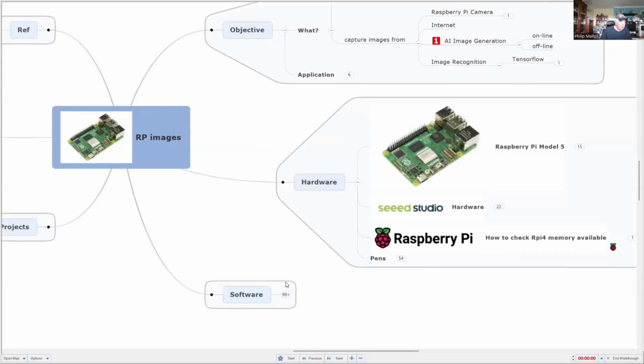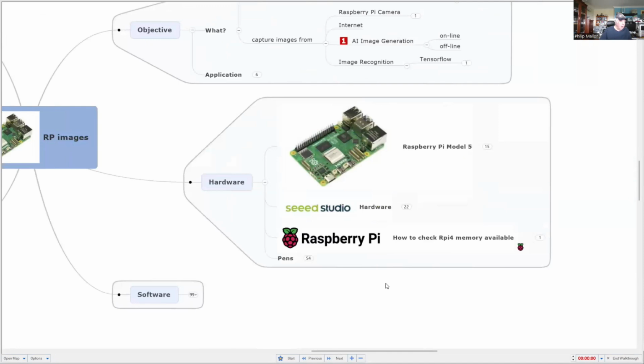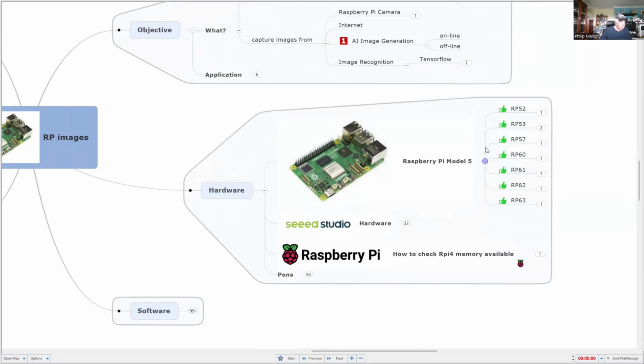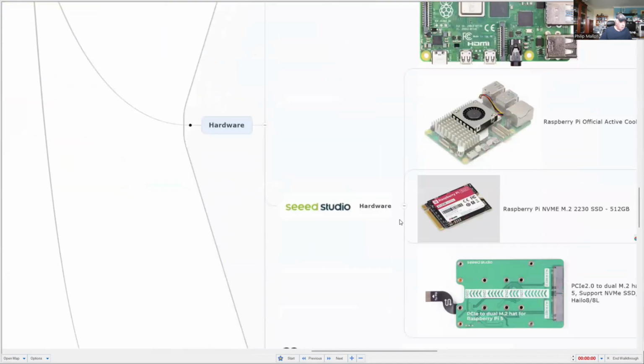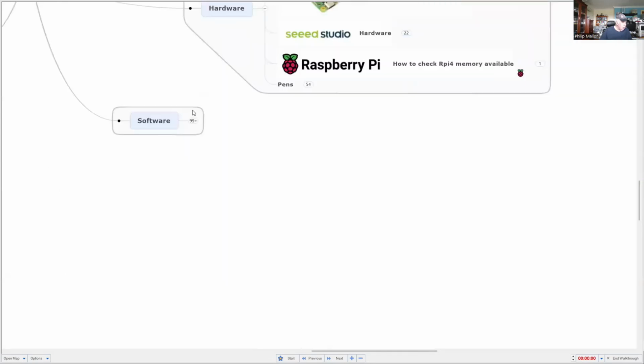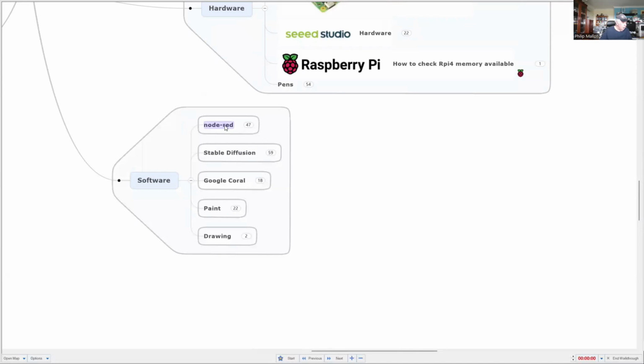Now, I'm probably going to use the top model of the Raspberry Pi, the latest one, Model 5, and I'm using it with 16 gigabytes of RAM. And I'm adding these additional components to cool it down a little bit. It is getting quite busy. Okay, software-wise, we've already looked at Node-RED and Coral. I've mentioned paint and drawing programs, but today I'm going to focus on Stable Diffusion as one of the techniques